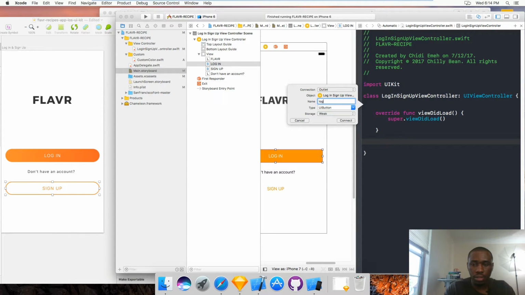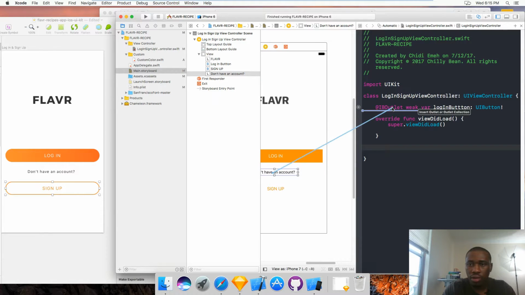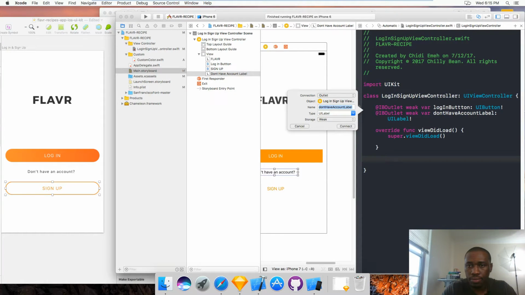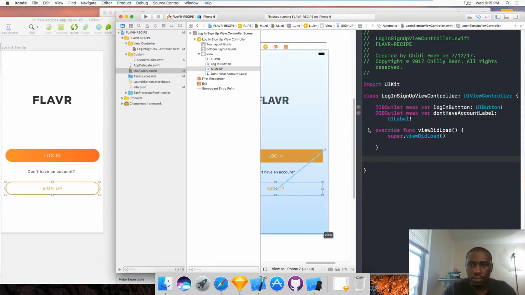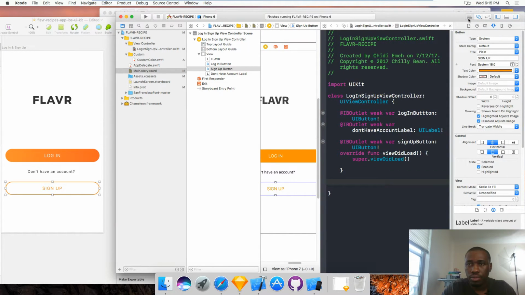I'm going to name it login button like that, hit connect, select the label, control, drag, drop it like that, and I'll say don't have account, label like that, hit connect, and I'm going to select the sign up button, drag it and drop it like that, and I'm going to say it's a sign up button like that, connect it. All right, so once I've connected all that, put it back the way it was,